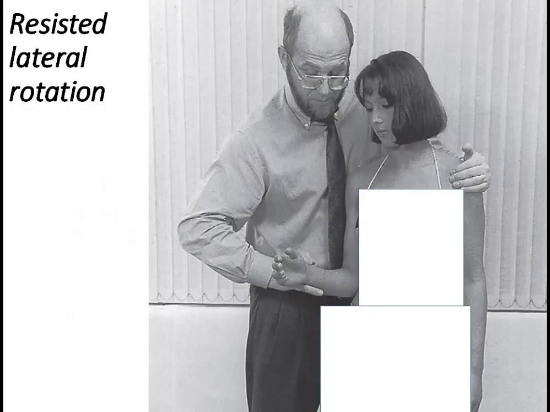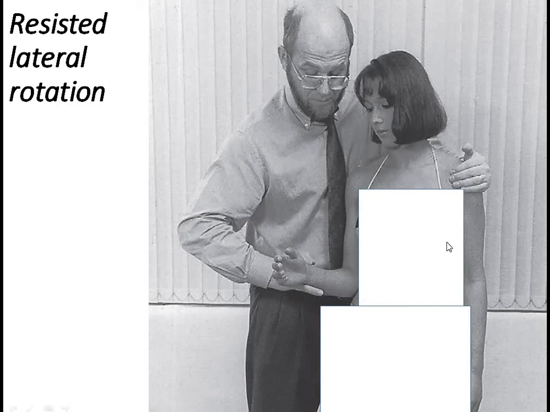So, while the therapist was checking the resisted abduction and adduction, this stabilizing hand was on the ipsilateral side in adduction, while in resisted abduction this stabilizing hand was on the contralateral pelvis area to prevent that pelvis shifting on either side. But during the resisted lateral rotation, the stabilizing hand will be on the contralateral shoulder,